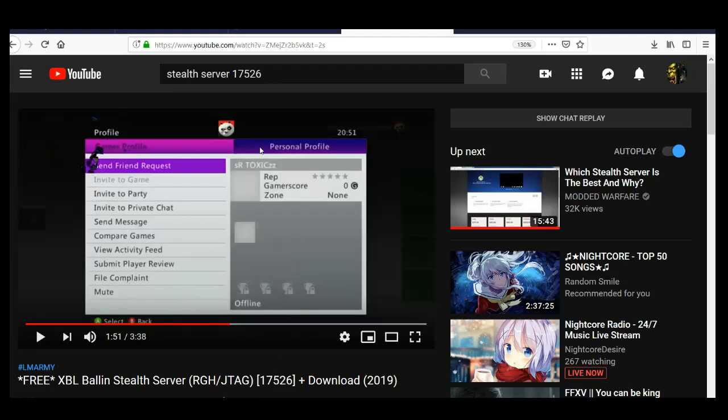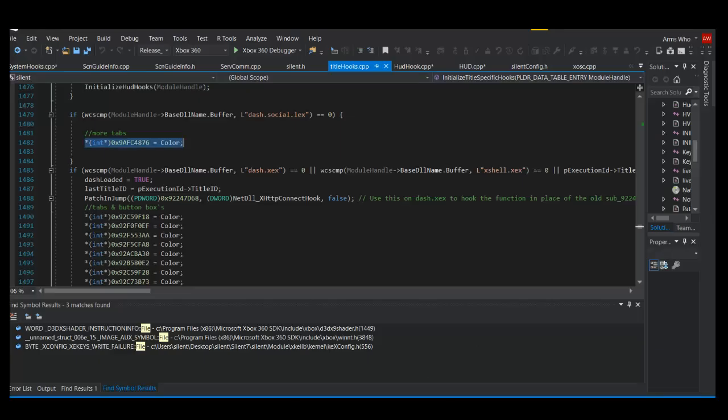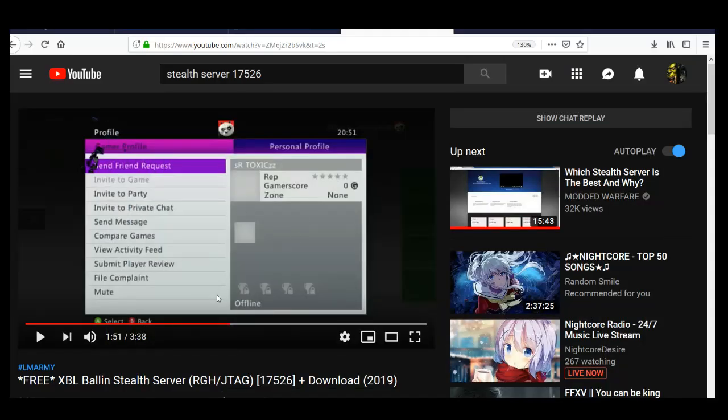Or you can just change the colors here. I believe there are offsets for this that change these. You can just call under title hooks for your XEX to call this right here, like we're doing. But I don't know which way is easier. I guess it just depends on you. But anyway, I'm sorry, getting off track. Okay, so